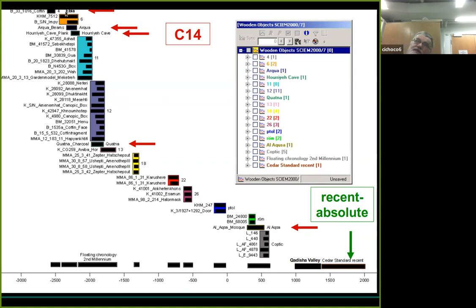And then there is quite a consistent group in the Bronze Age, but this is floating as well. And you can easily imagine it will be quite a task to find samples suitable to fit in these gaps, to bridge the floating pieces together to one